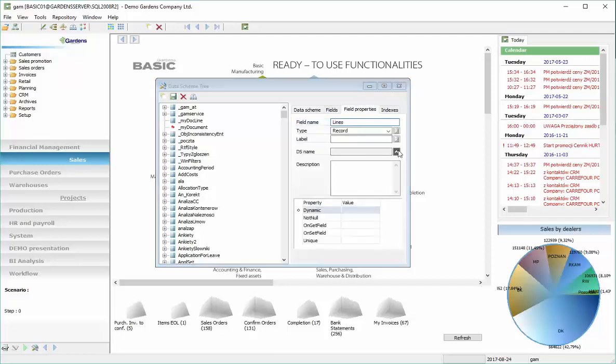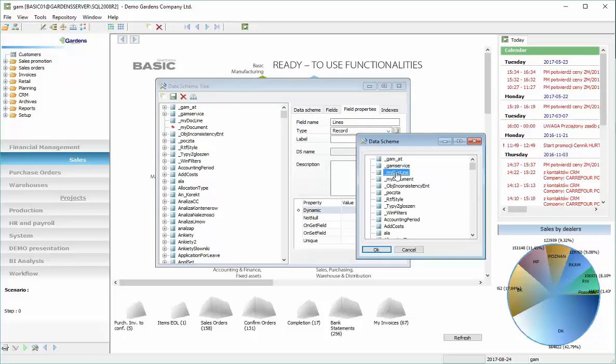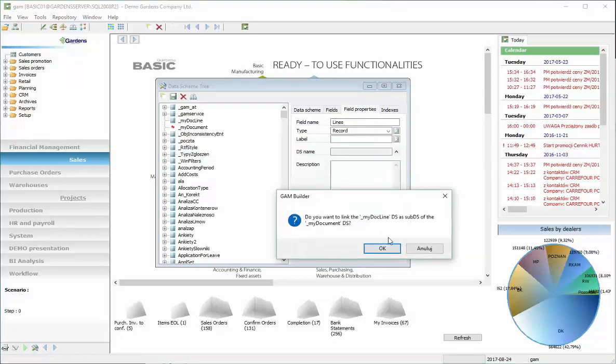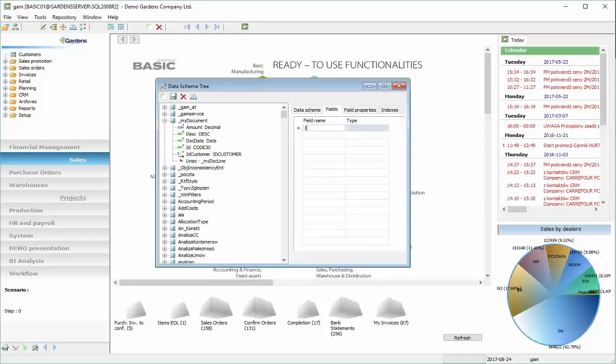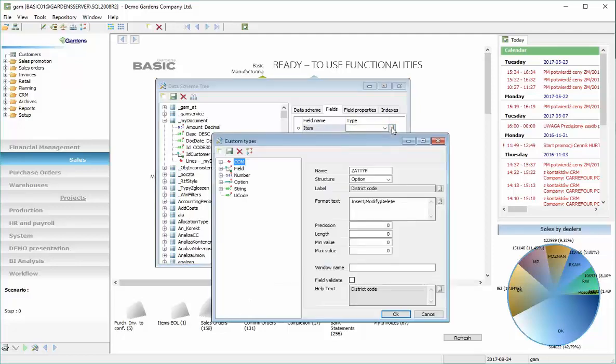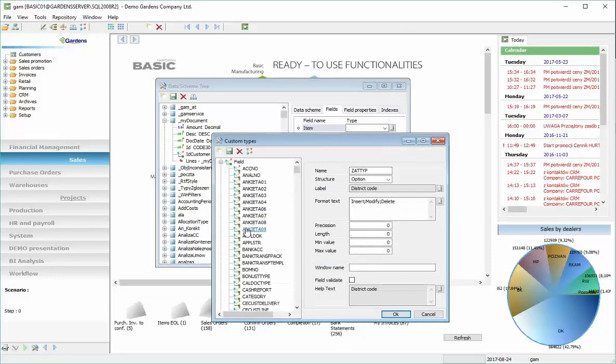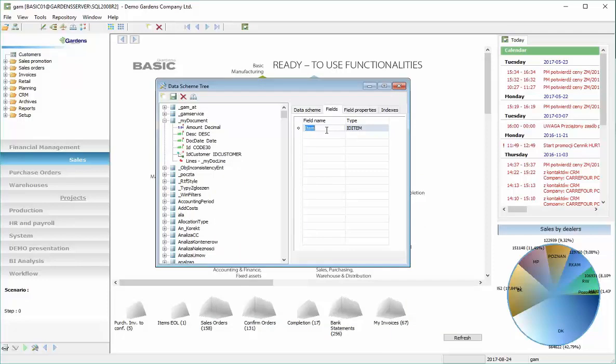So here in ds name we have to choose our doc line, and that's how we are creating our data schema tree. So now we have one ds my document and connected to it table lines. So now we can add fields to lines, simply item, another field connected to other field in other table. So here we have id item connected to a dictionary of items,